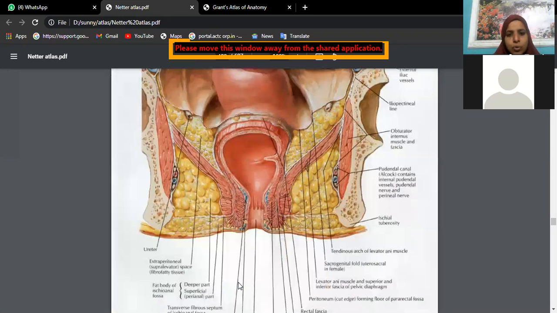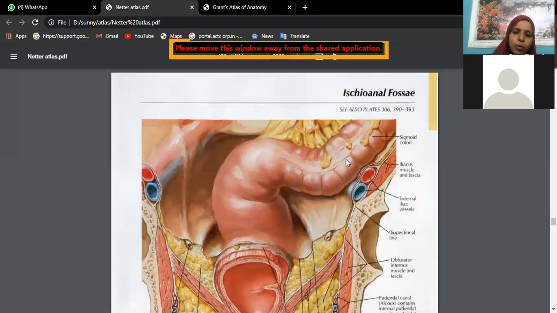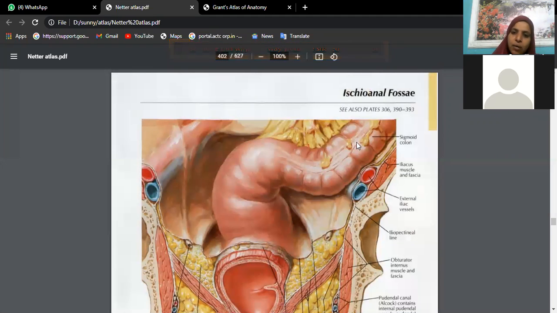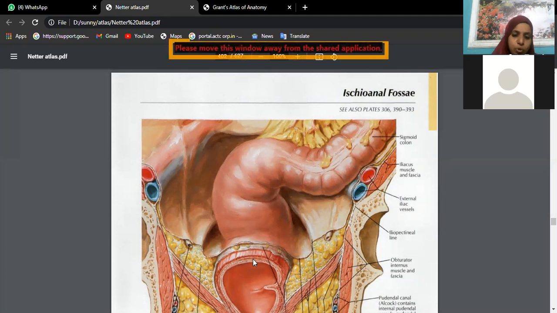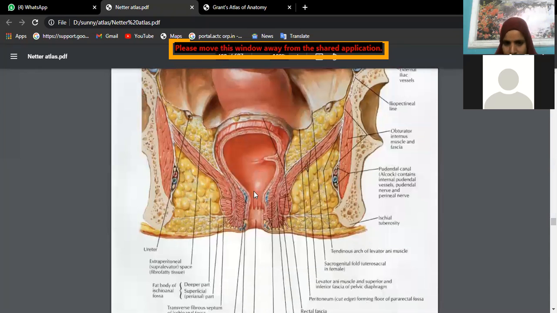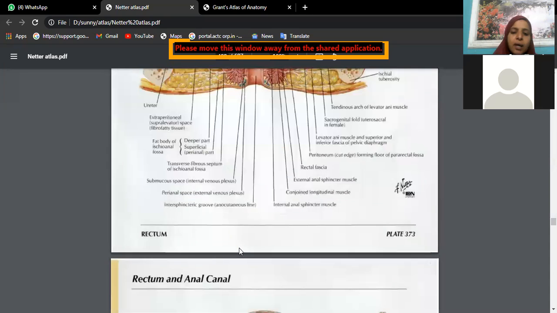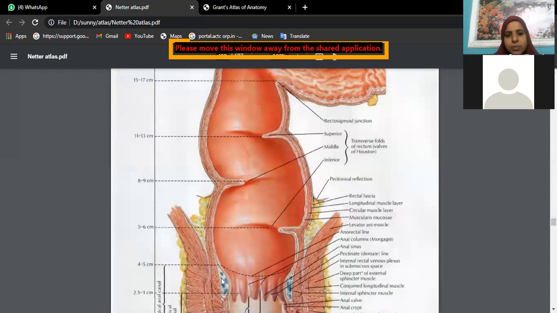This one I wanted to show you, the large intestine. See, sigmoid colon: when you come to the rectum, you will not find haustra, you will not find the longitudinal band, taenia coli is not seen, and appendices epiploicae are also not seen. This is completely smooth, the rectum. Inside it will show 3 folds, and this is the anal canal. The anal canal is again divided into upper one third, middle one third, lower one third, pectinate line. All those theoretical details, you just go through once.